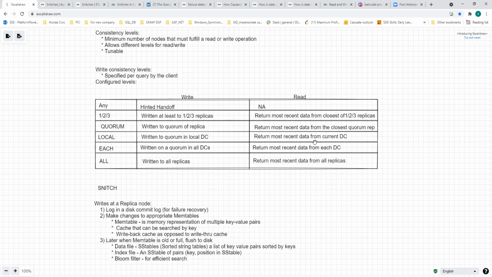Okay, so now in this case, when you go for local, then they talk about the current DC, and each will again be for cross DCs also. And for each, what it talks about is slightly different. In the write, it has to go to quorums in all DCs, but here it returns the most recent data from each DC. So maybe if some DCs do not have more recent data, it won't actually send from them,